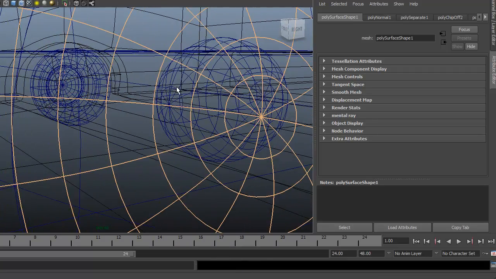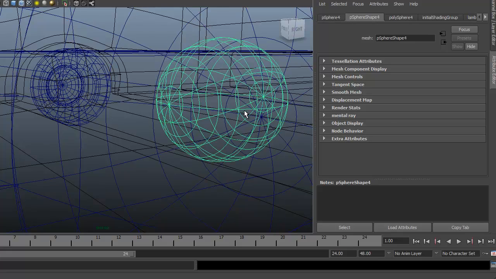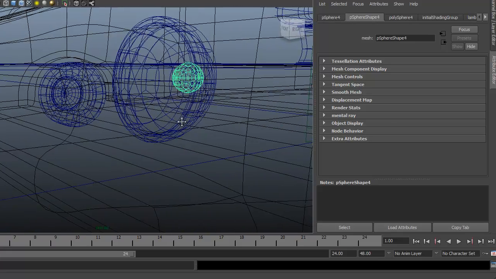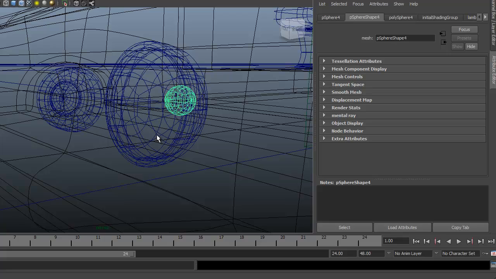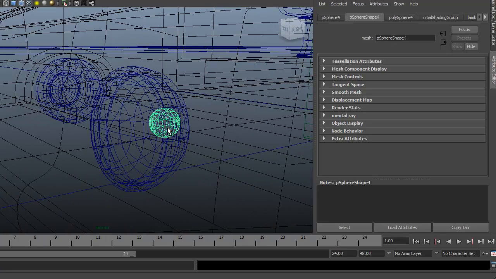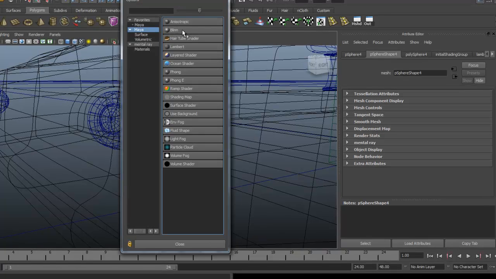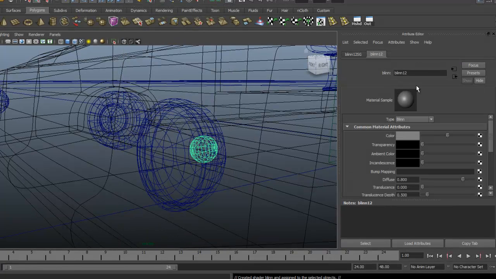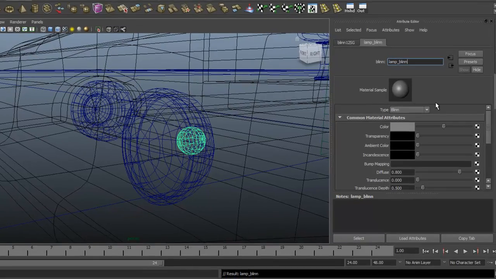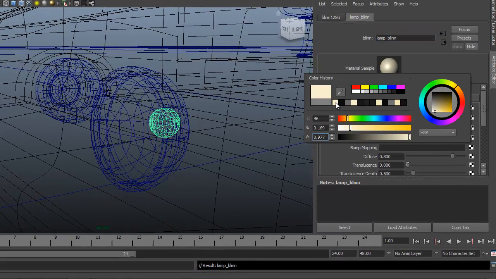And now selecting the sphere, which sort of represents our lamp, the light itself. This is going to have the most glow material on it. So let's go ahead and apply a new material, selecting blend. And I haven't been renaming these. We'll just call this lamp blend. And selecting that same color,